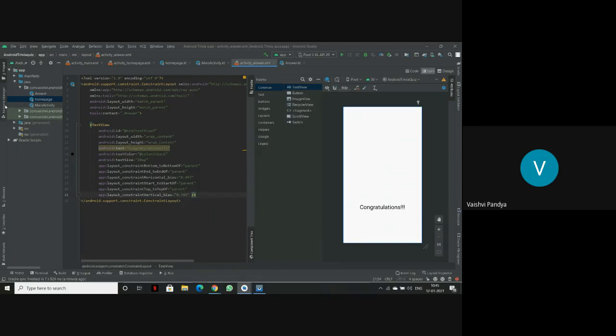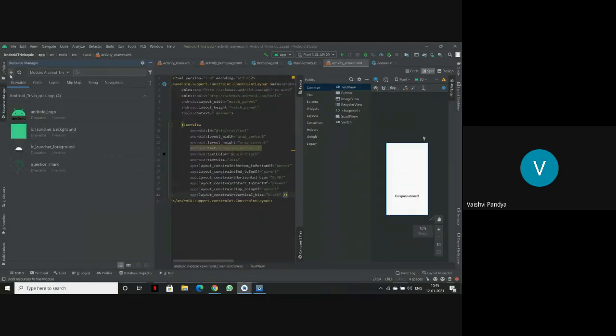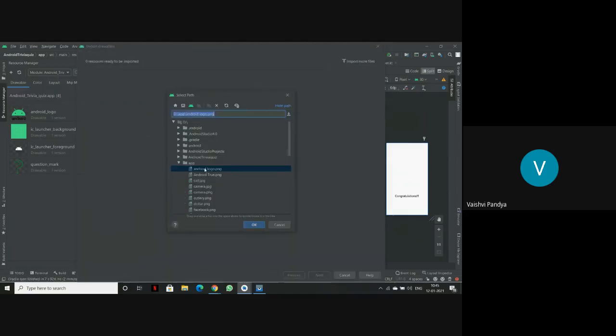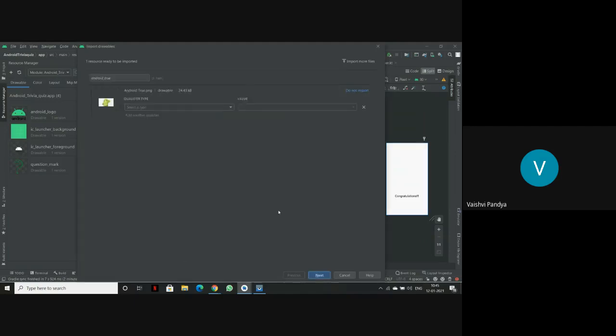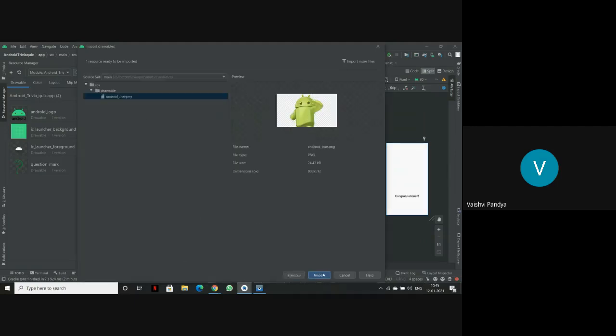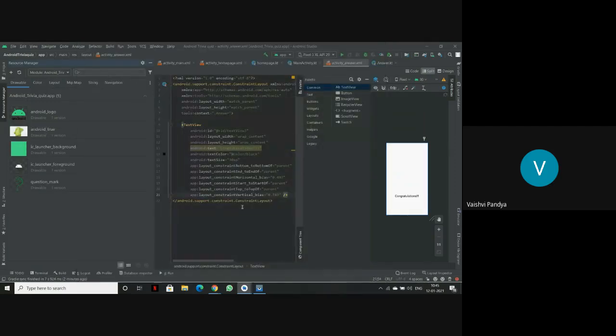So now we'll again go to resource manager and we'll import an image. Go to import drawables and there is an Android True image. So we'll just select it, okay. And then we'll click on next and then import. So here my image has been imported.